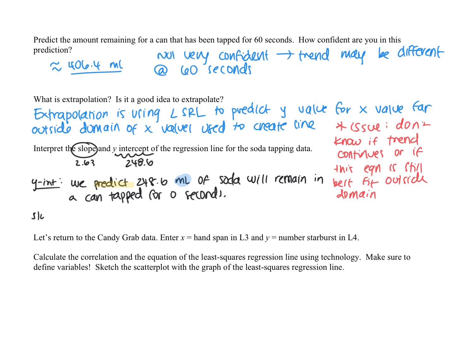Okay, so slope, if we go to interpret that, we have to remember that slope is the change in y over the change in x. So this is really 263 over 1, or 2.63 over 1. Have to make sure we include the word predict, have to make sure we include units. So I'm going to say we predict that for every additional 1 second